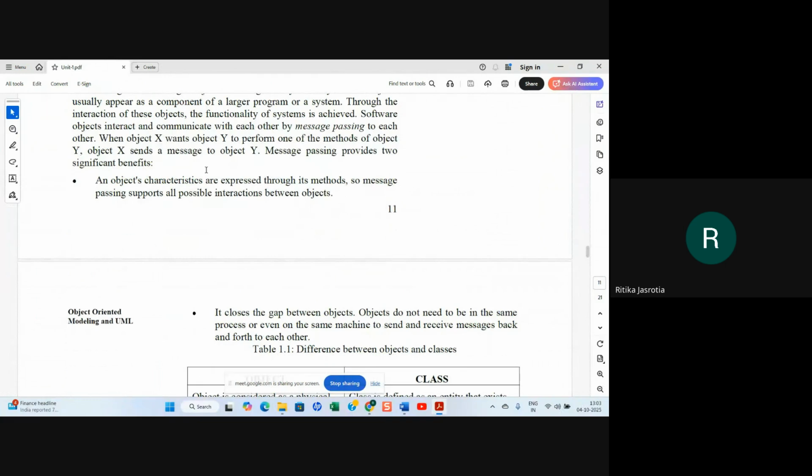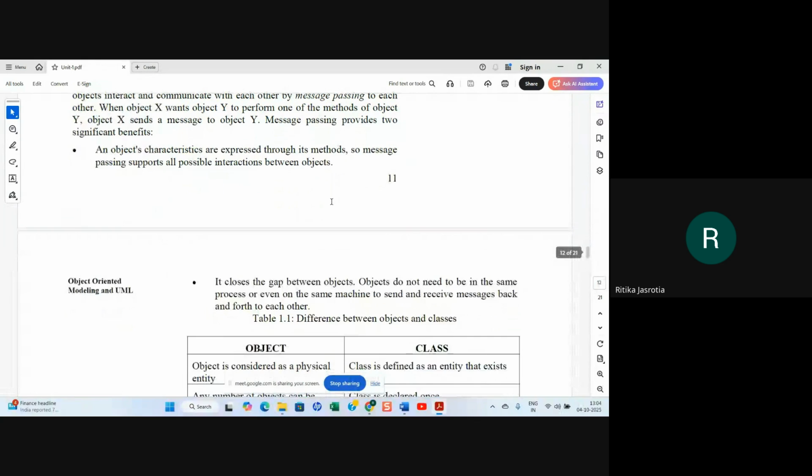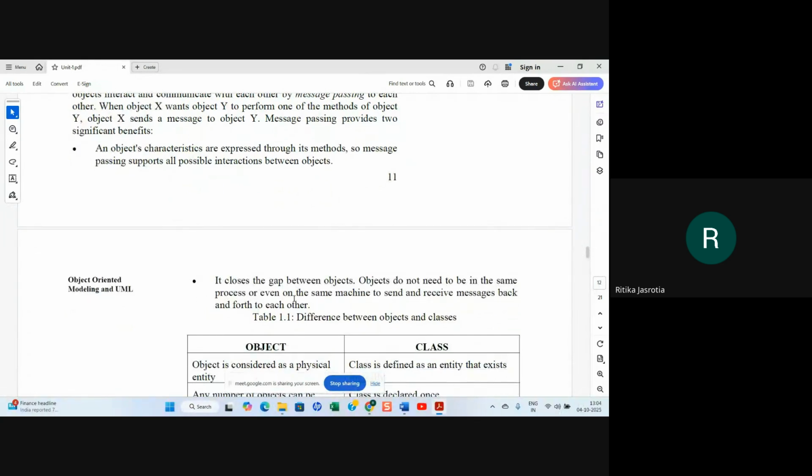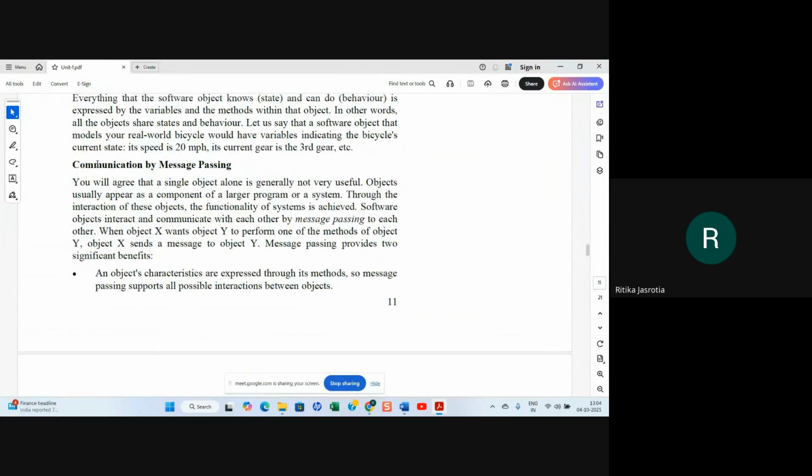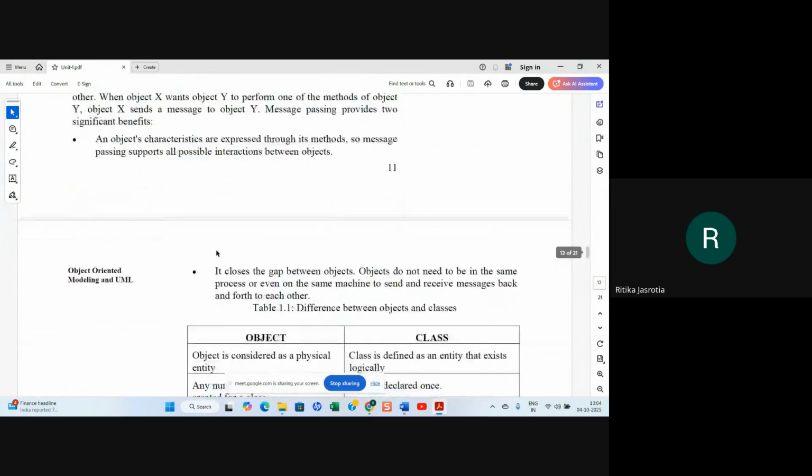An object's characteristics are expressed through its methods, so message passing supports all possible interaction between objects. It also closes the gap: objects do not need to be in the same process or even on the same machine to send and receive messages back and forth to each other. So from one object to another, you can communicate by passing messages.